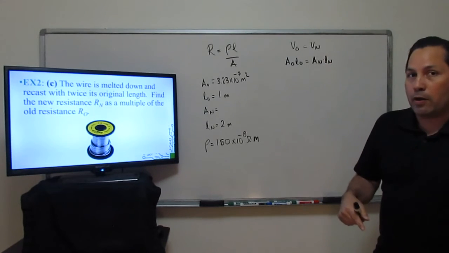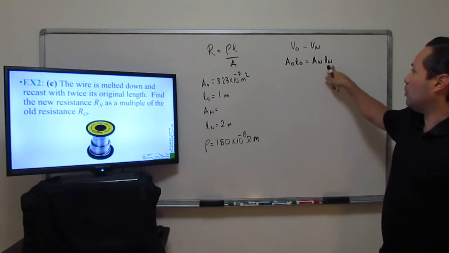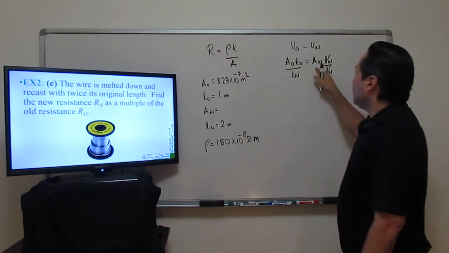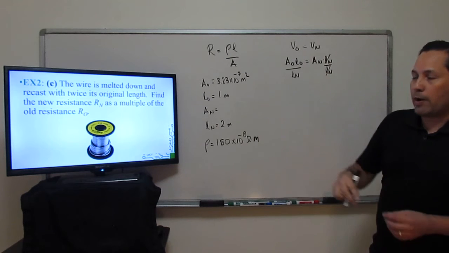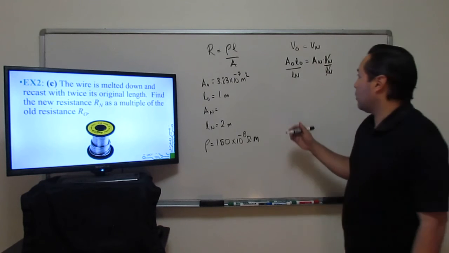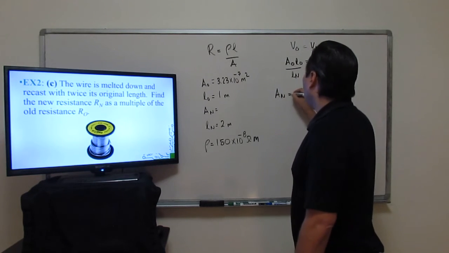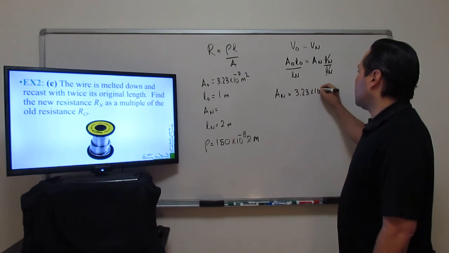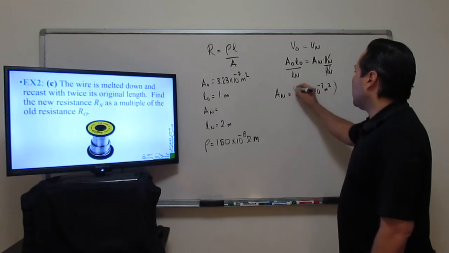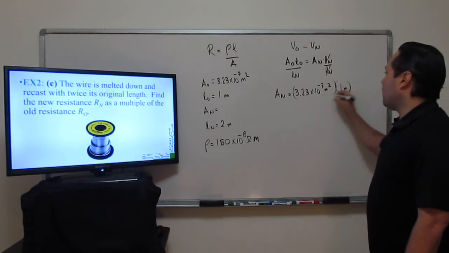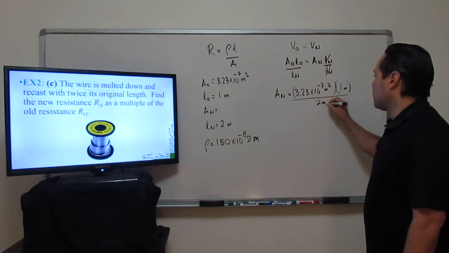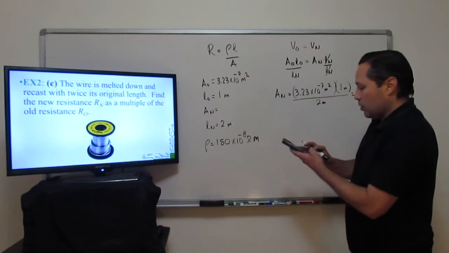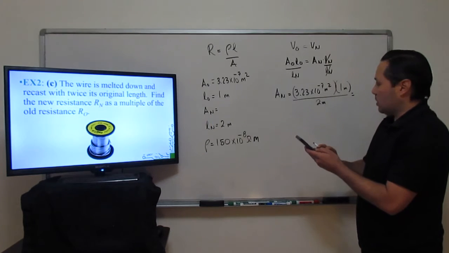So if I want the new area for this brand new wire, I'm going to divide by Ln on both sides. And that's going to give me the new area for this wire that's been stretched out to twice the length. So the old area was 3.23 times 10 to the negative 7 meters squared multiplied times 1 meter divided by the new length, which is twice as long, which is 2 meters. So that's going to give us an answer of 3.23 times 10 to the negative 7 divided